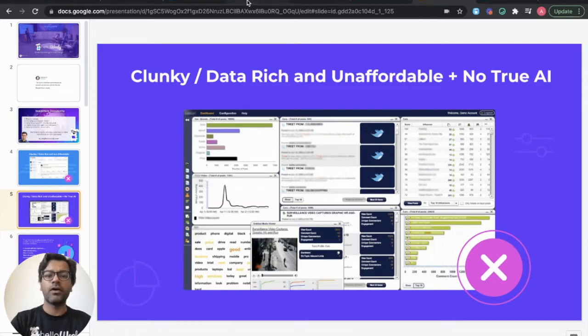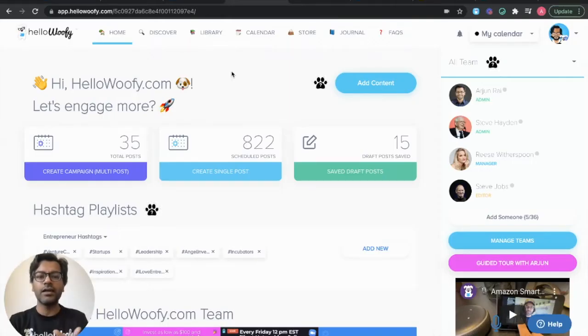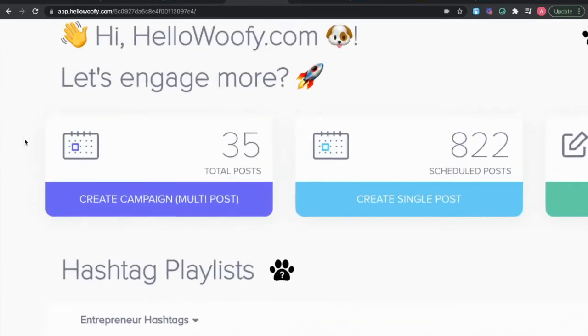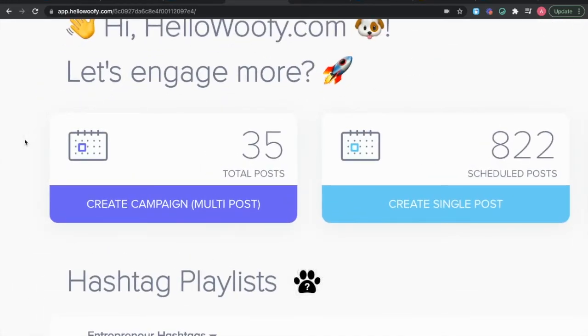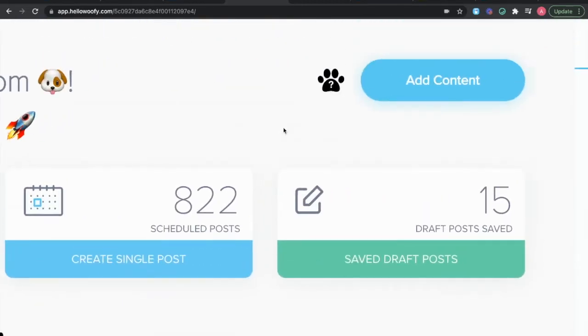So as soon as you come into our platform, which is HelloWoofy.com, what you'll realize is that there's a lot of white space. We wanted to make sure from the get-go that you were using a tool that was designed naturally for our creativity, our workflow, the way we think, our mindset, which tends to be very much about storytelling and making sure that we can then schedule content out very visually. So as you can see on the left side, purple means long-term strategies. It means you're scheduling content in bulk, you're importing content in bulk. And then blue over here means the exact opposite. It means you're scheduling posts one at a time, or you're adding posts one at a time to what we call the smart library.